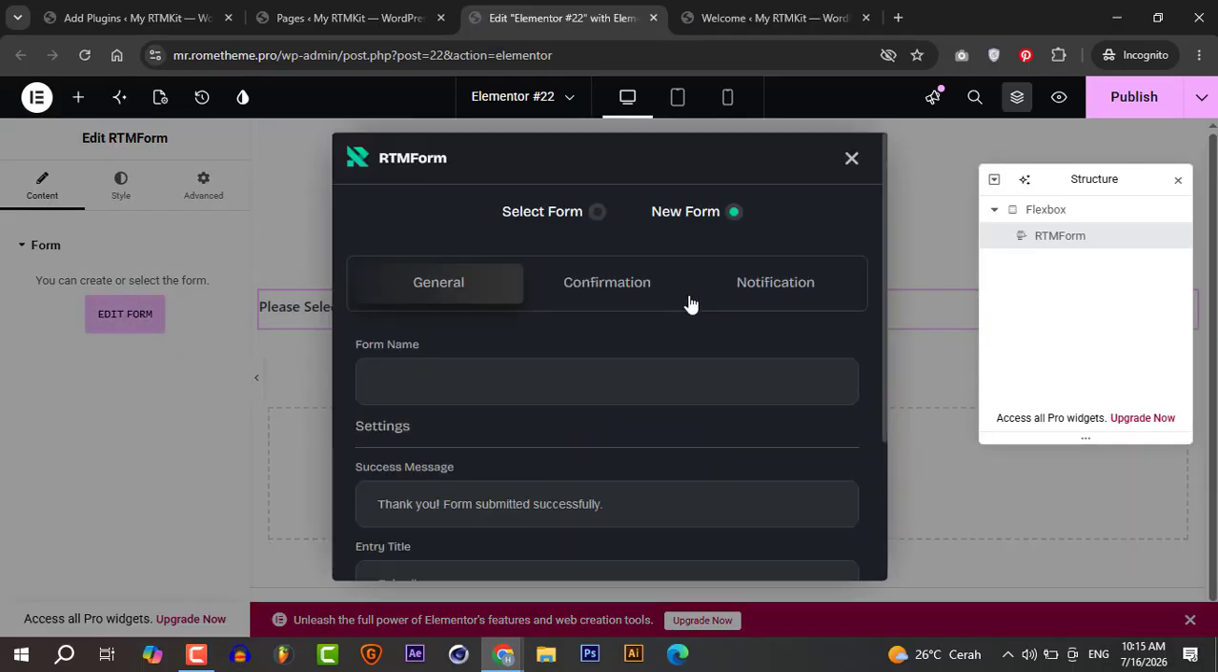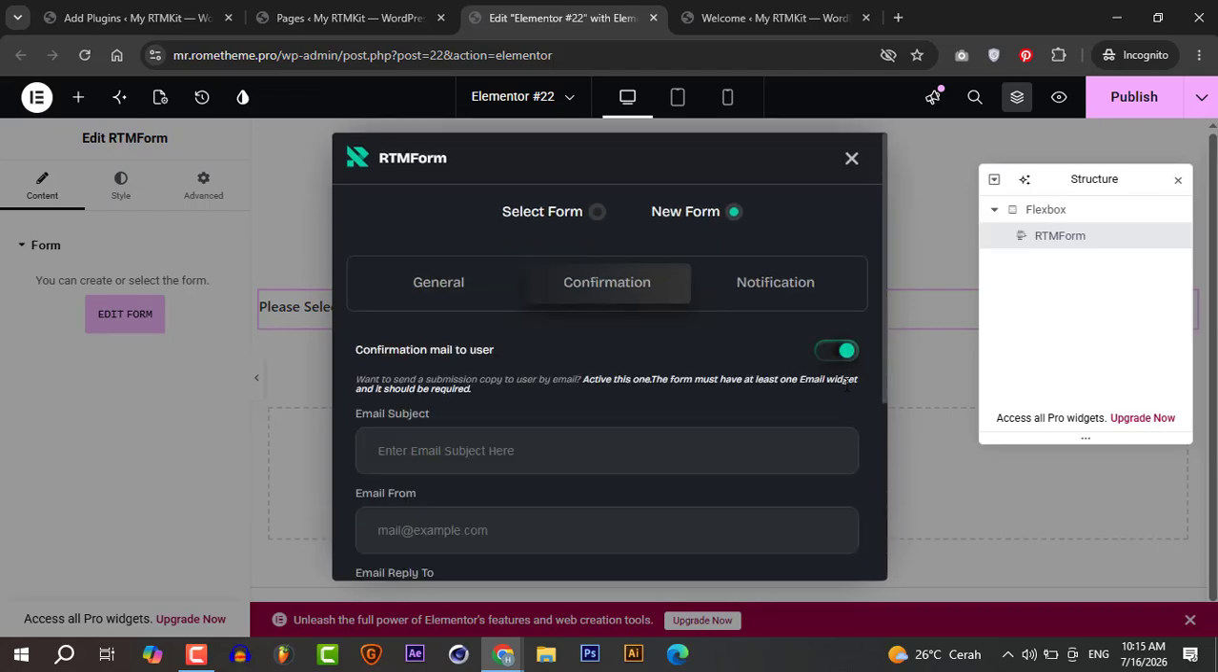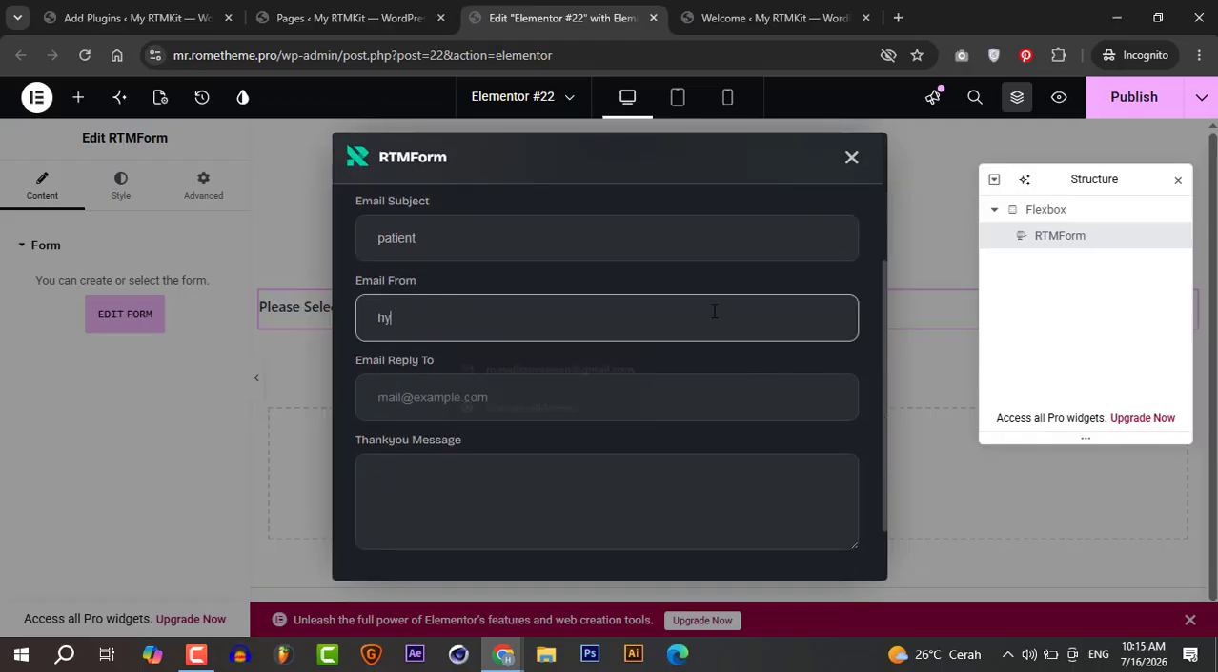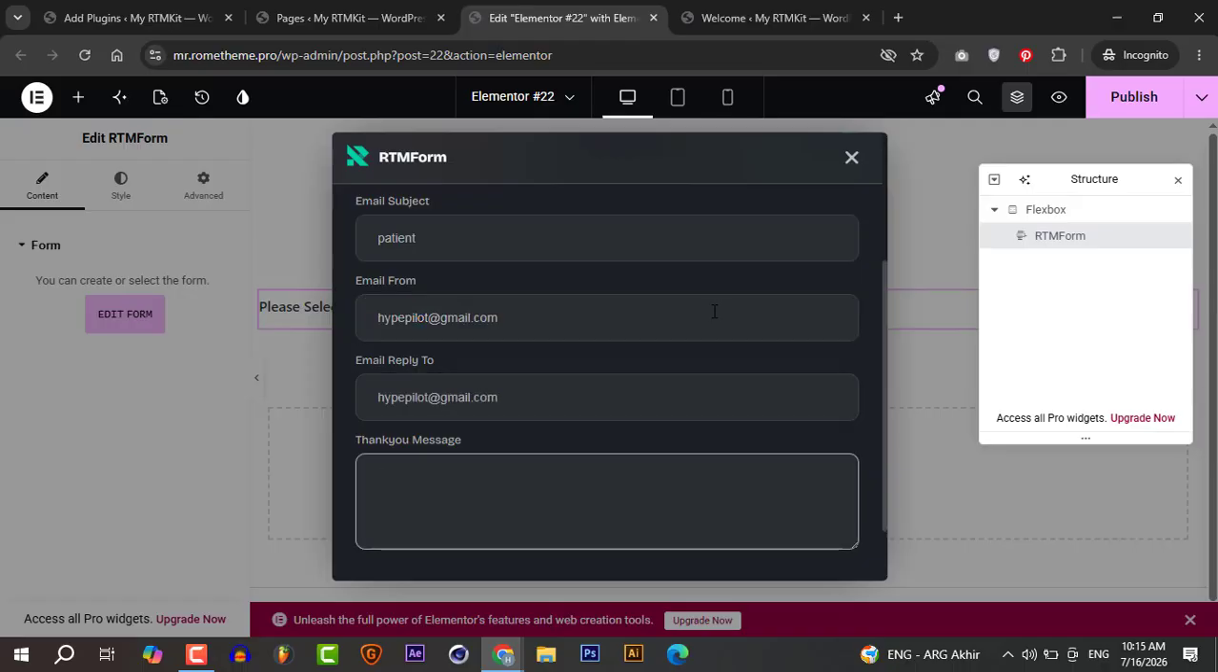And new form. You can create the name of the form, patient. Scroll down, and for confirmation you need to check the patient, and you can put your email in here. Put your email and later just copy paste it. And your email in here, and thank you,